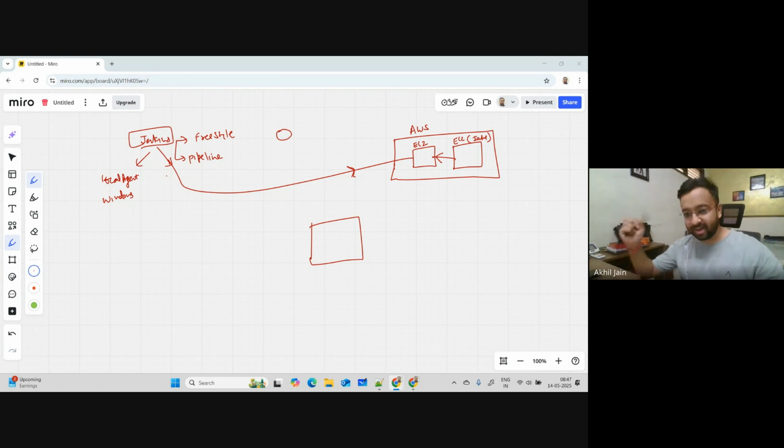Okay, so what we are going to do is, in our setup, I will have Jenkins on my local machine, but I'll be on AWS. I'll be getting an EC2 instance, and I'll be connecting this EC2 instance as a node agent to my Jenkins. Now, whatever pipelines I create, you know,